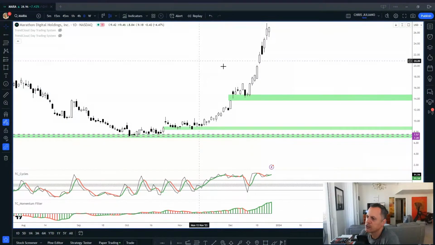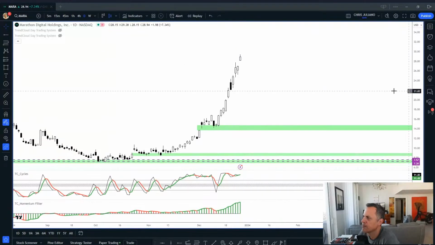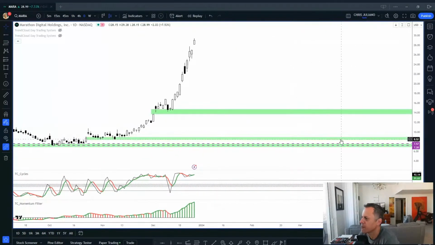So just by looking at this, the last three pullbacks came either really close to filling the gap or did fill the gap. Here's another gap, right? Here's another gap. We might get a pullback into this area here for another move up, but my goodness,